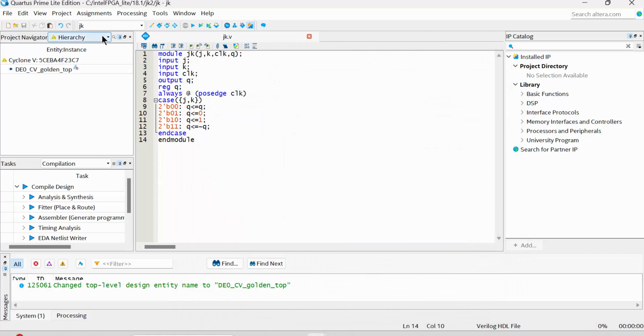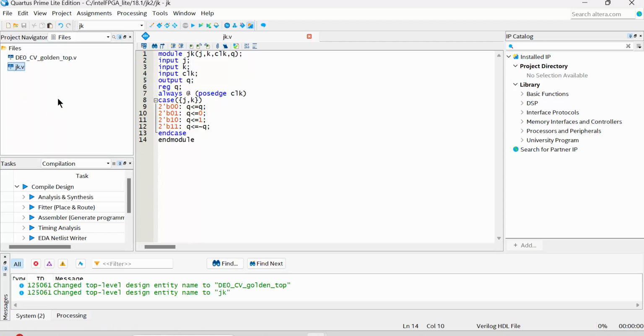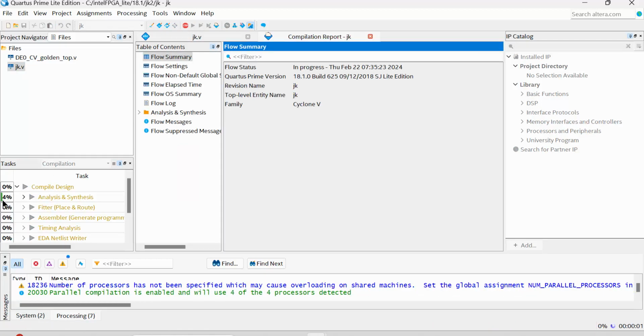Next, here you have to choose the Files option. See, your file is available here for the simulation. So right click, set it as top level entity. Then you can start the compilation now. See, here it's showing the progress of your compilation.